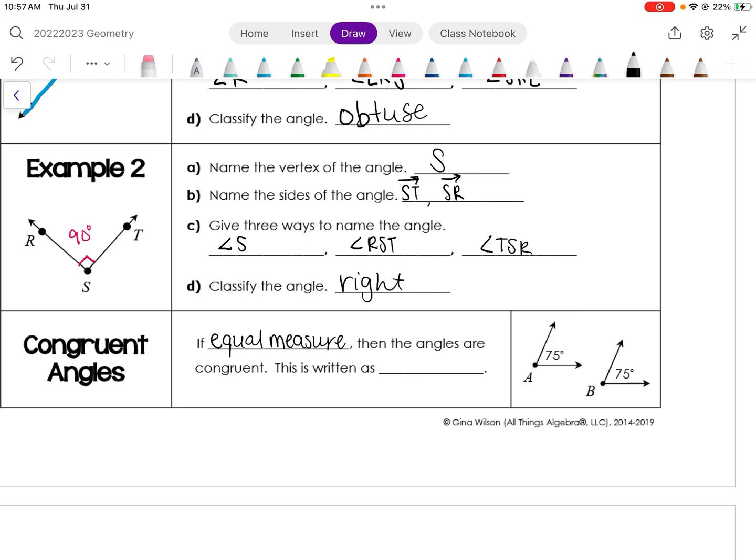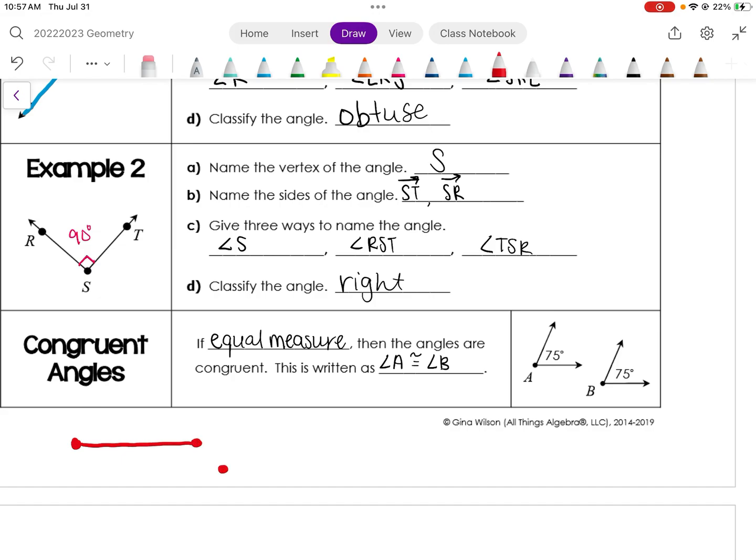It's written as, look at the picture on the right. Notice how it says angle A is 75 degrees and angle B is 75 degrees. So I can write angle A is congruent to angle B. You can also mark it in the picture so it doesn't tell us to do it, but let's do it anyways. If you remember from the last set of notes, if I have segments